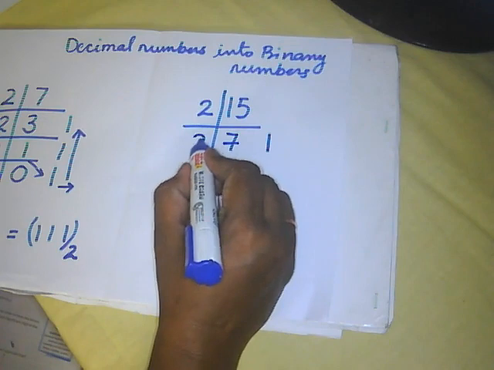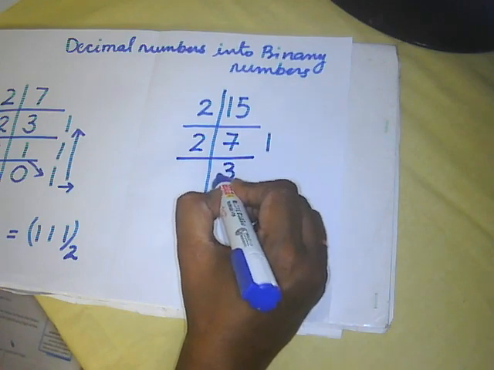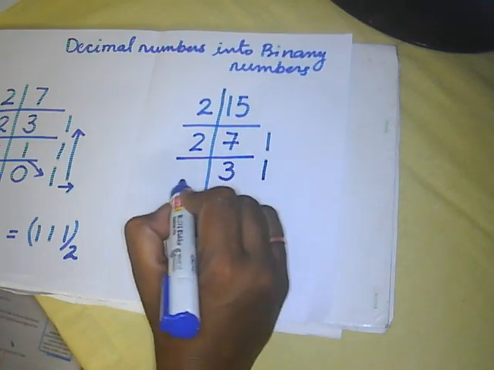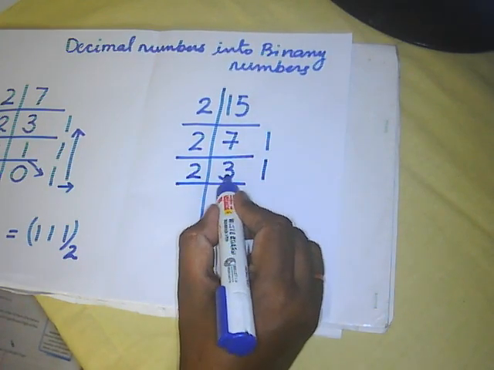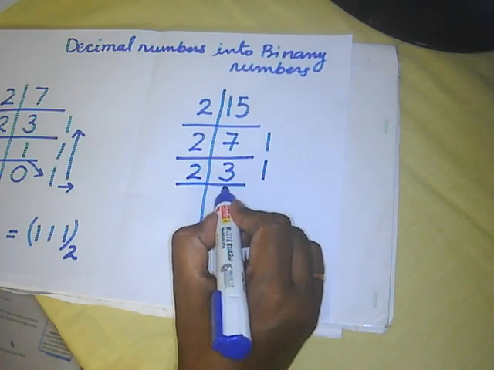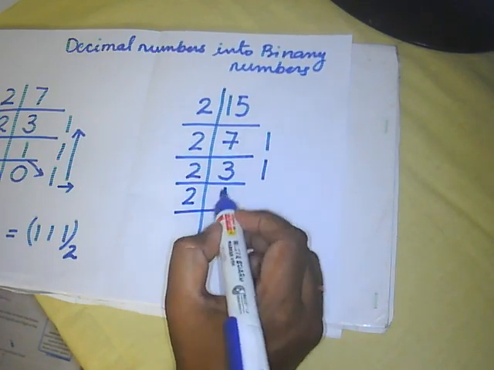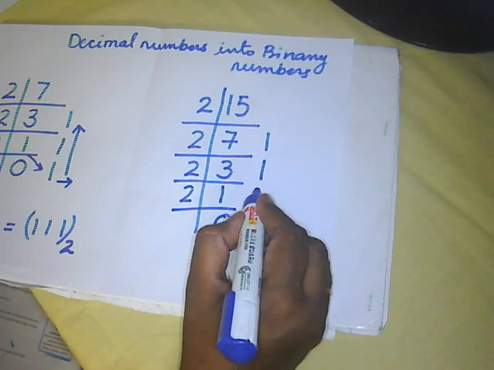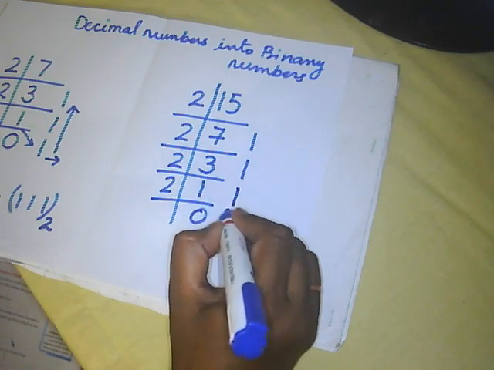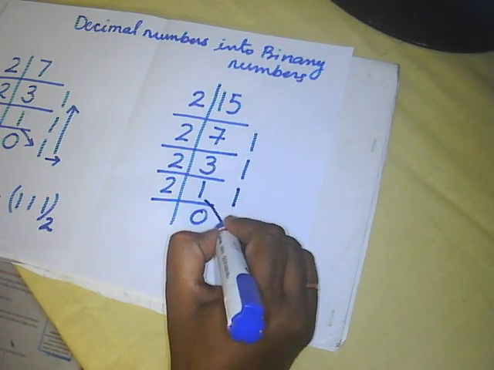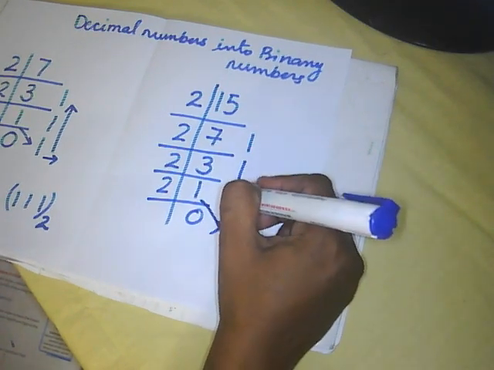Then again we will write the base number. Let us read the table, and it will go 3 times. Again the remainder will be 1. Then take 2 as the base. Then divide the number, and 2 goes into 3 once, and then the remainder will be 1. Again we'll take 2. So further we cannot divide. So we'll write over here 0, and the remainder here will be 1. So this way you see, now one step is left. Bring this 1 here. So this way you see 1 1 1.